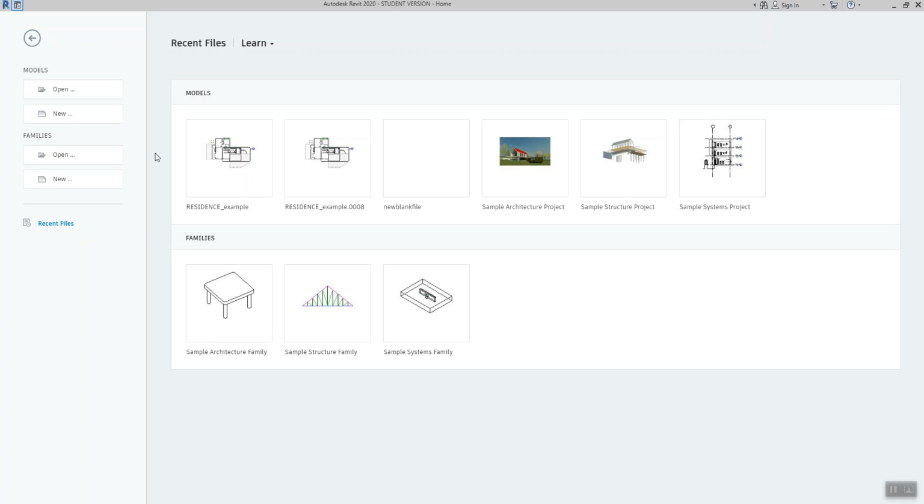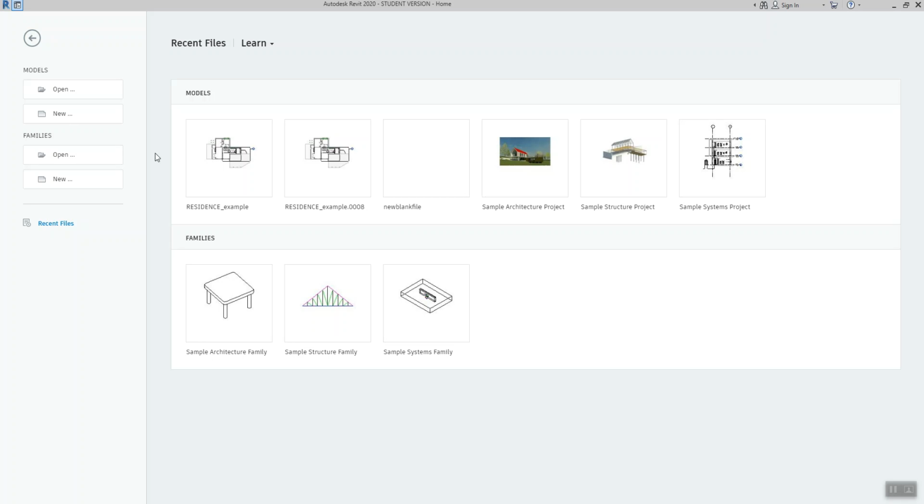Revit is really one of those softwares that when you use it out of the box, it functions very well. And so I'm showing you how to set your project units so you know how. But generally, they're going to be set and ready for you to go even within a blank file. Okay, so you don't need to worry about it very much, but you do need to know how to do